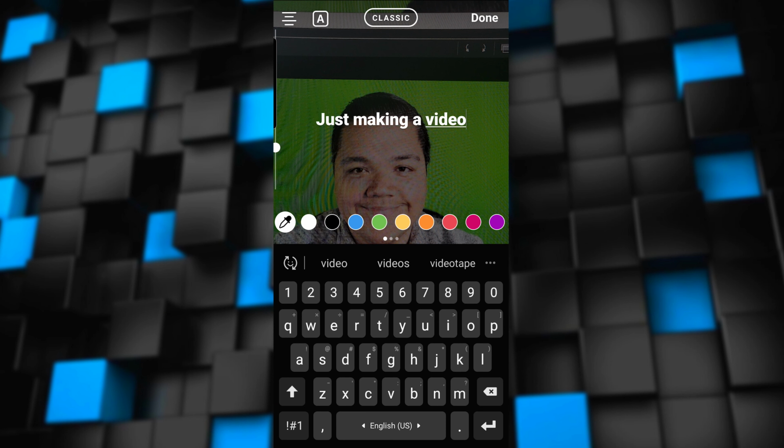So on the top, that's the type of font you have. Right now you're using classic. Tap it, changes to modern. Tap it to neon. Typewriter. Strong. Now you're back on classic. You can also add a background to it, a color background. So if you click here,